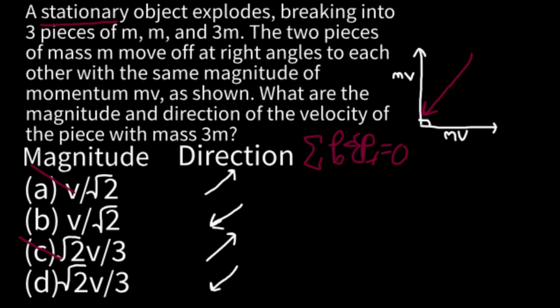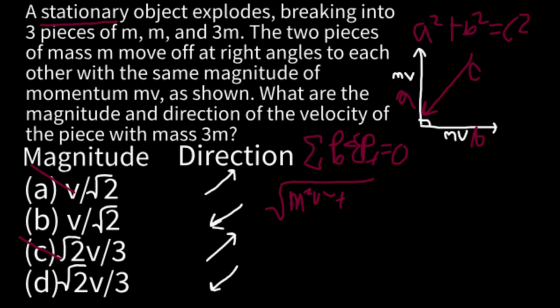So we know that the components need to be in opposite directions to our given components, and we can sum those to get our total components of momentum, or our total momentum. So we can sum this using the Pythagorean theorem, which basically says that a squared plus b squared is going to equal c squared. Let this be our a, let this be our b, and this will be our c. So we can solve for c with the square root of a squared plus b squared, and that would give us this,